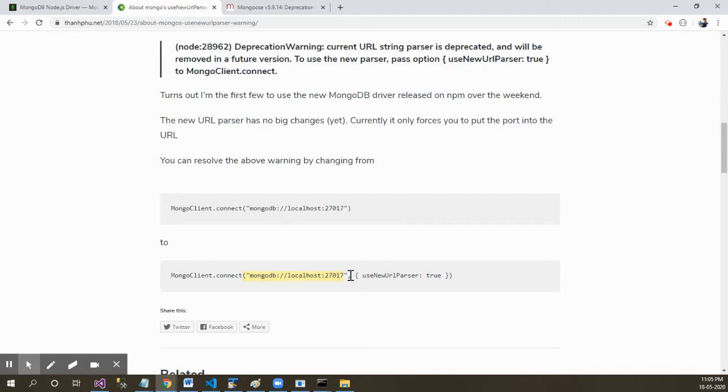You can change it if needed, but by default it is 27017. And you need to provide the JSON for providing some additional parameters. So two inputs we will be providing. One is useNewUrlParser, because otherwise it will show the deprecation issue.